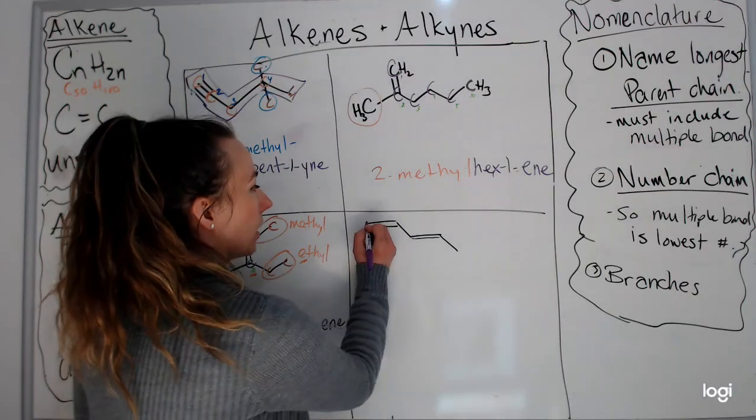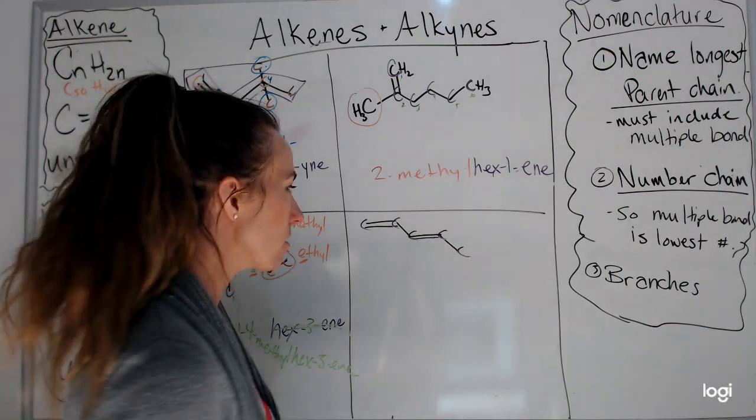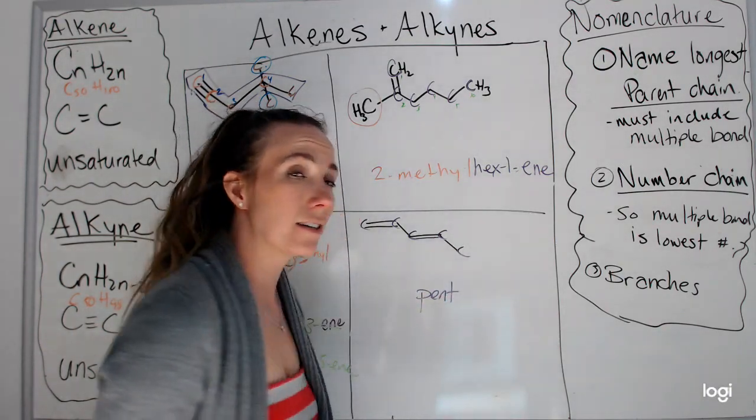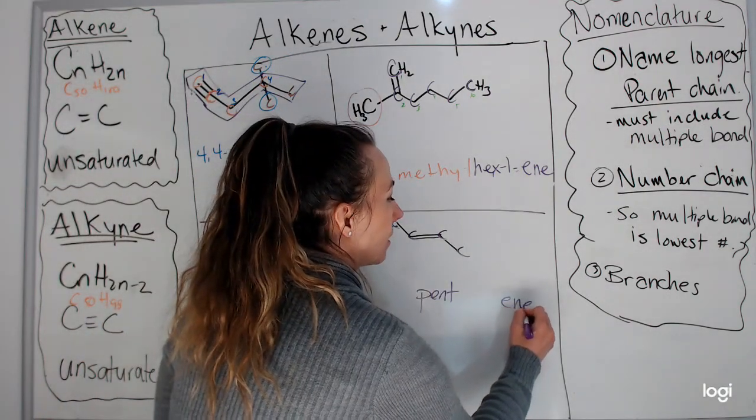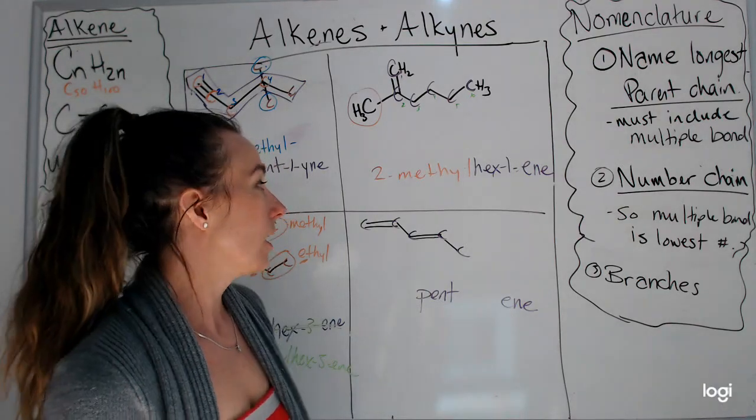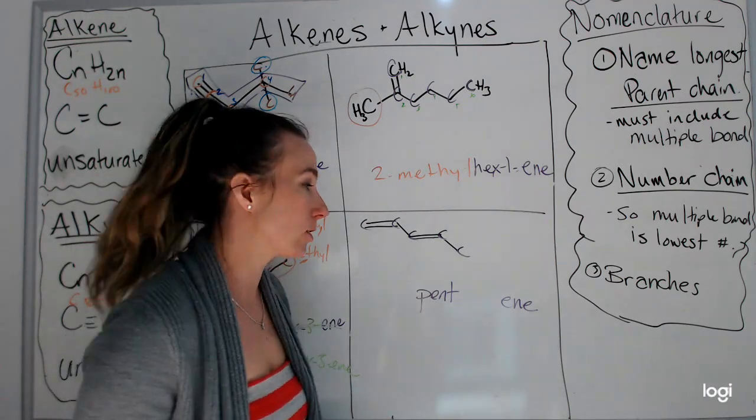Longest parent chain, 1, 2, 3, 4, 5. There are no branches here, nice and easy. So this 5, I say pent instead of 5. I see a double bond, so I say ene for that double bond. So I have 5 carbons, there's a double bond. But I have 2 double bonds. Well, how do we say 2 in organic chemistry? We say